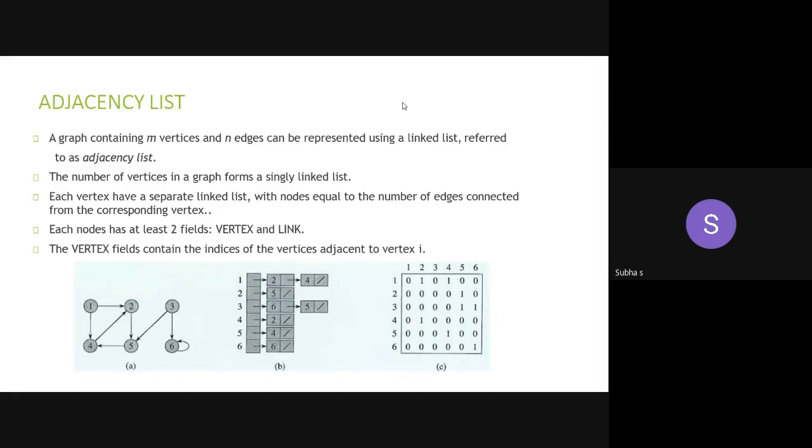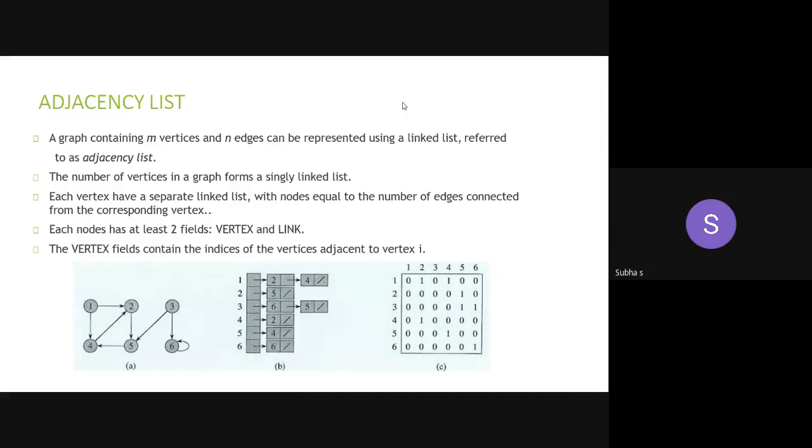We all saw the linked list concept in the first unit. A linked list means what? It contains a series of nodes. One node connected to another node. That is the address of the next node will be present in the first node address. Like that you are having all the nodes. I hope you remember. Just revise the list concept. Same list concept only we are going to use here.